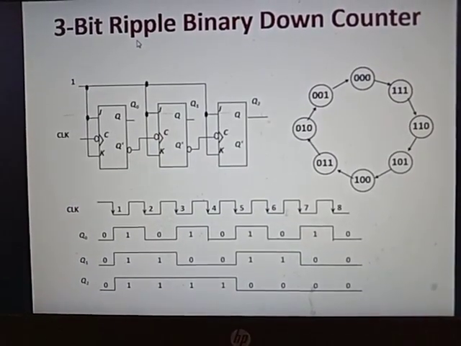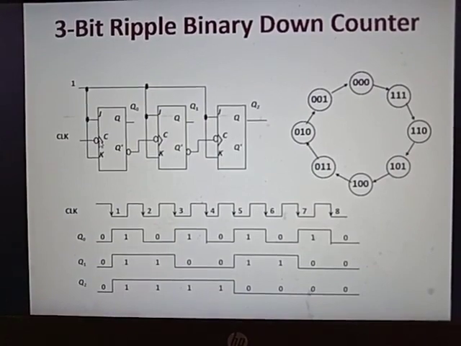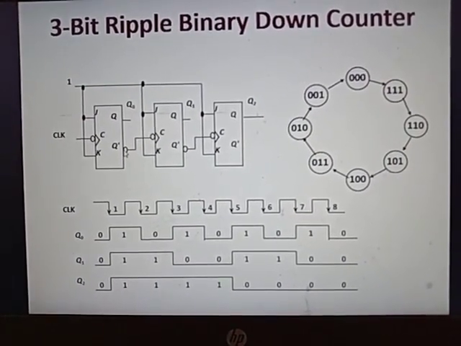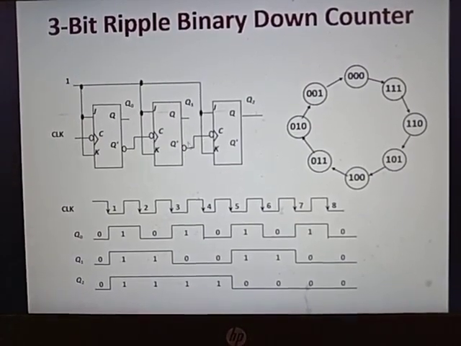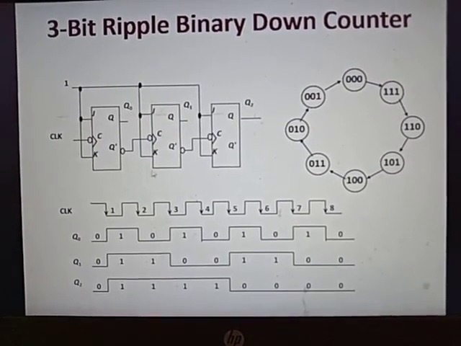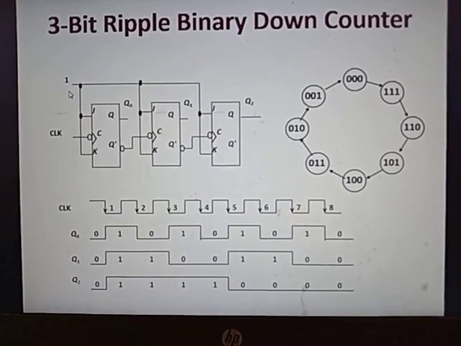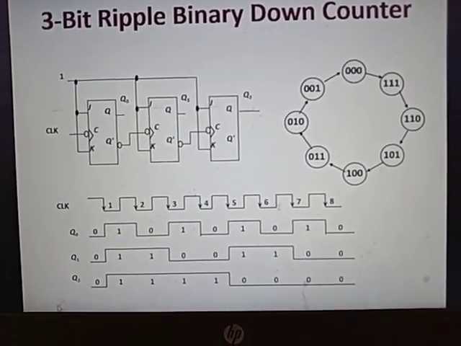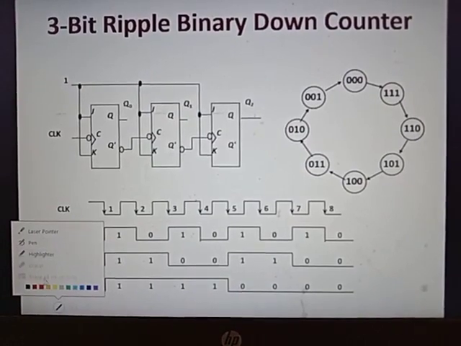In a ripple counter the clock pulse is given to the first flip flop. See, clock pulse is given to the first flip flop. I have taken the example of a down counter, so here Q bar is connected as clock pulse. Clear? And you will be connecting the JK inputs of all the flip flops to a high value. Here it is connected to 1. And this waveform you can refer to and learn by yourself.